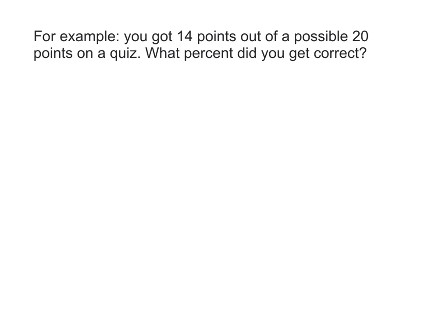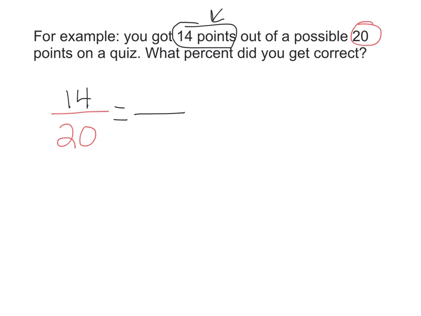What information did they give us? We know that we got 14 points out of 20 points. So in case you're not realizing this, the whole, what was the most number of points you could get? That was 20. That's our whole. That's our of. Then how many out of 20 did you get? You got 14, so that's 14 out of 20. And if we want to know what percent that is, we can set that equal to